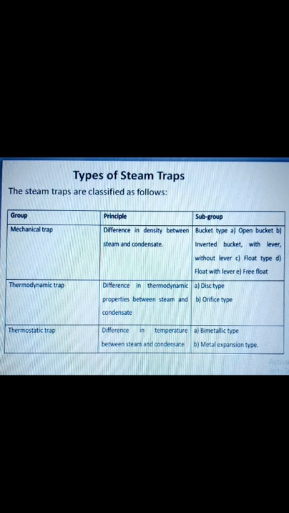In this lecture, I will discuss the steam trap. What is a steam trap? Firstly, I will tell you about the steam trap and then the types of steam traps. A steam trap is a device used to discharge condensate and non-condensable gases with a negligible consumption or loss of live steam. Steam traps are nothing more than automatic valves. They open, close, or modulate automatically.